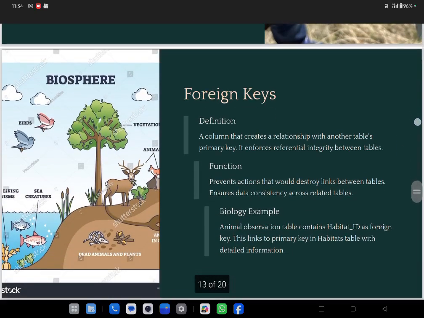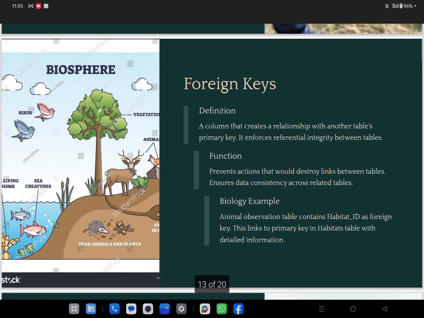Now you have foreign keys. Apart from primary keys, you have foreign keys. So definition is, it is a column that creates a relationship with another table's primary key. মানে যেটা বললাম, আরেকটা কলাম, এটা আরেকবার রিপিট করছি। Function, it prevents action that would destroy links between tables. মানে স্যার এটা একটা কলামের সাথে অন্য কলামকে লিংক করে দিচ্ছে। ওইটা যদি নষ্ট হয়ে যায় তাহলে এটার সঙ্গে ওটার কোনো রিলেশনশিপ থাকবে না, তুমি কিছুই আনতে পারবে না যদি গন্ডগোল হয়।